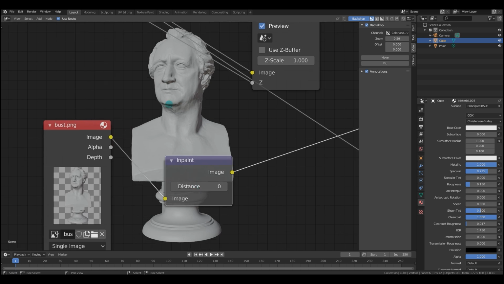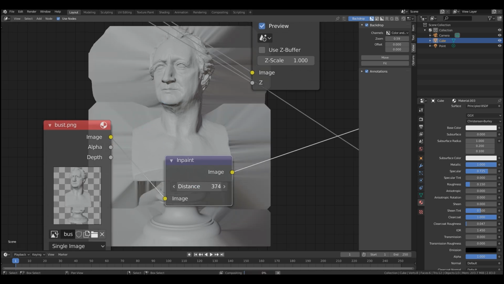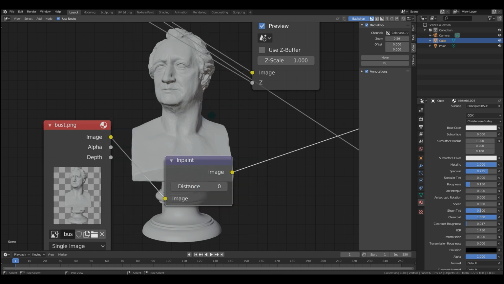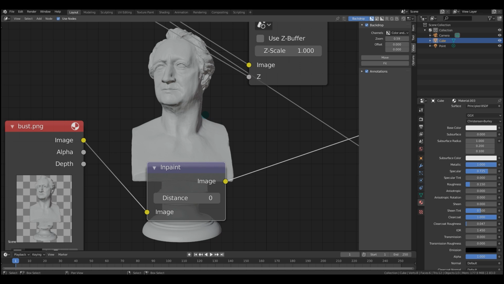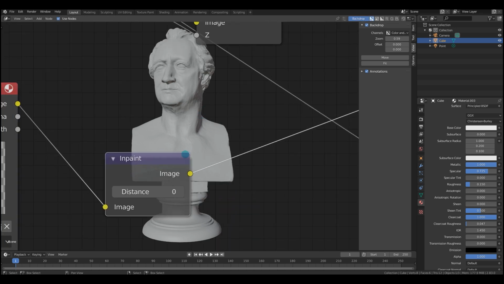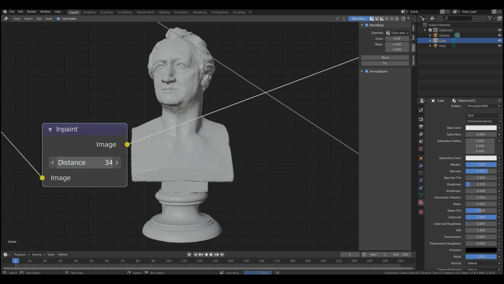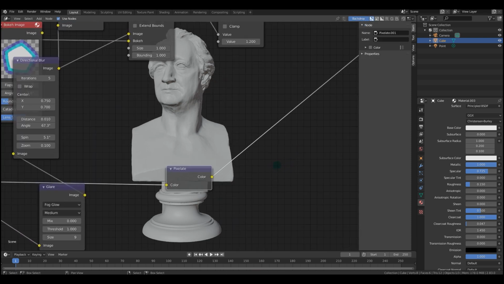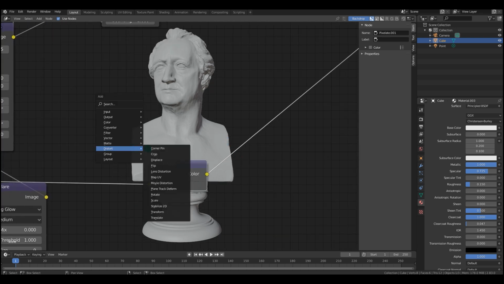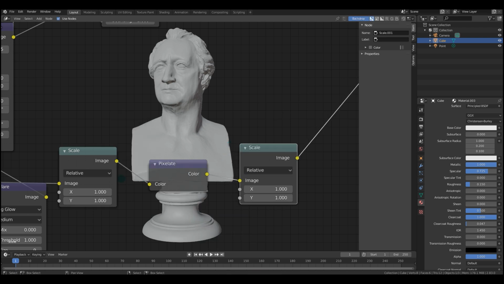The inpaint node extends image borders into masked areas. Now, I don't personally have an example of this on hand, but this would be useful if you had like a small streak of transparency that you needed to get rid of. Control points, transparent holes. There's a few instances where I can see something like this happening. If you happen to run into it, just remember that the inpaint node is what you need. The pixelate node is used to pixelate input images, although it doesn't do anything by itself. You're going to need to add a distort scale node, which we'll get into later, before and after.